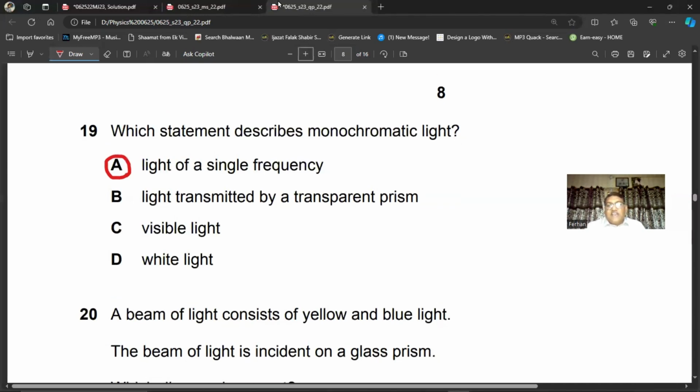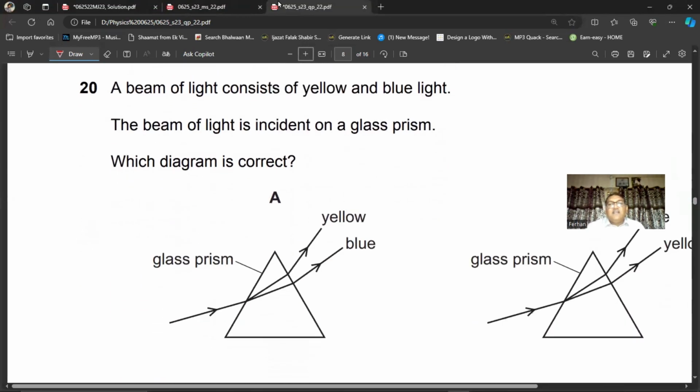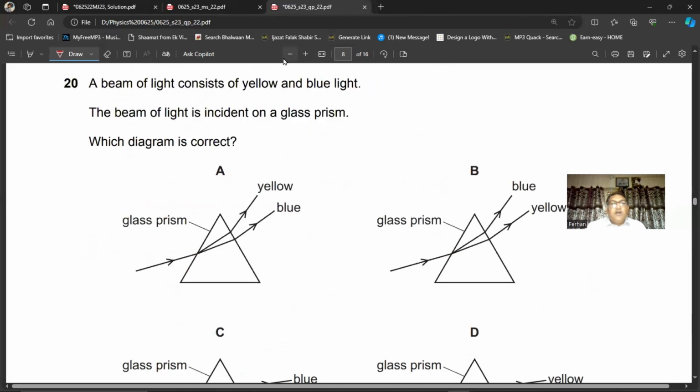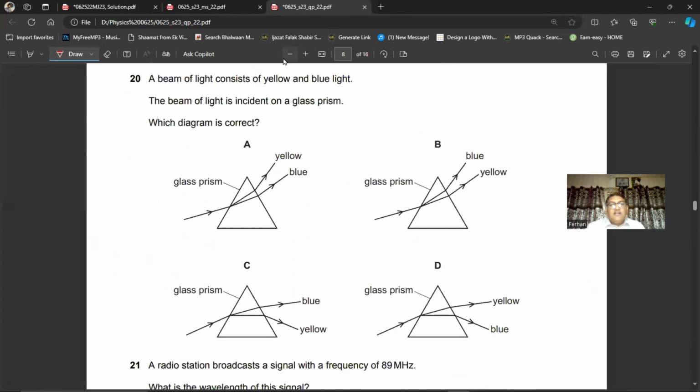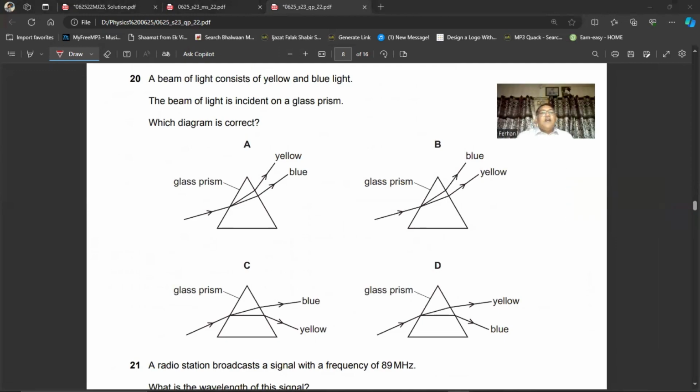Okay, now we are going to the next part. Here we have question number 20. A beam of light consists of yellow and blue light. The beam of light is incident on a glass prism. Which diagram is correct? Okay, so when the light passes through the prism, refraction will take place, and